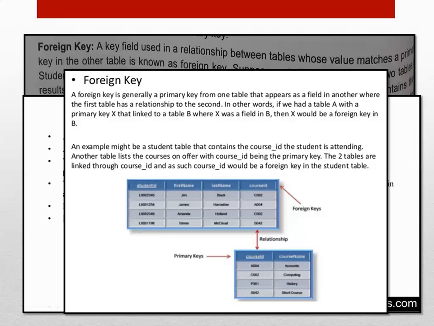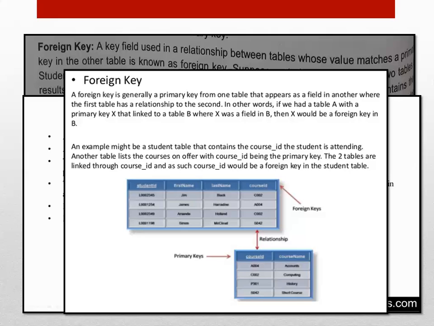So whenever you have a primary key in one table and you want to use that primary key in another table as a reference key, that key is called a foreign key. A foreign key is an attribute or set of attributes in a relation whose value matches a primary key in another relation. The relation in which the foreign key is created is known as the dependent table or child table. The relation to which the foreign key refers is known as the parent table. The key connects to another relation when a relationship is established between two relations. A relation may contain many foreign keys and they can be repeated.